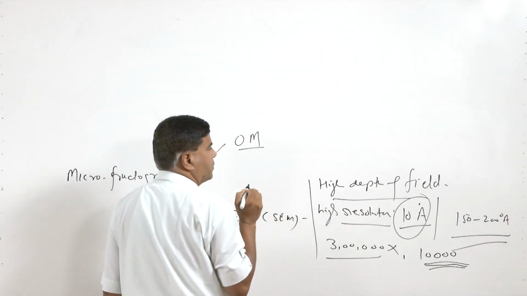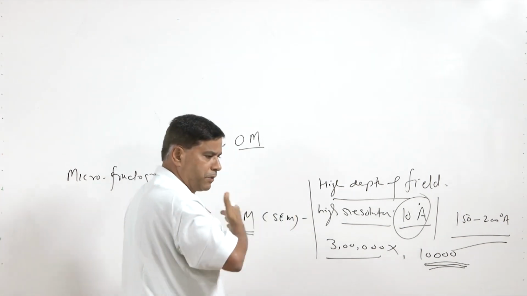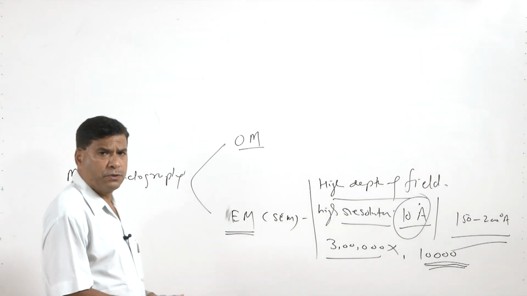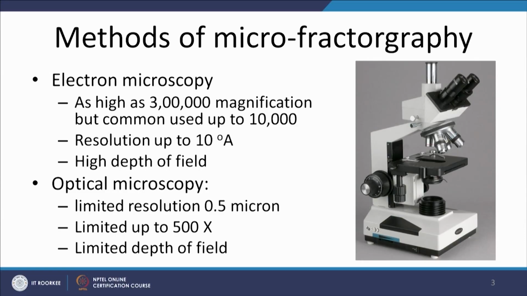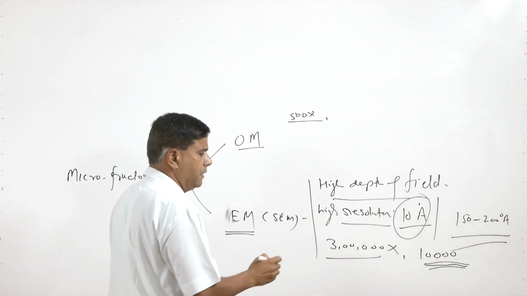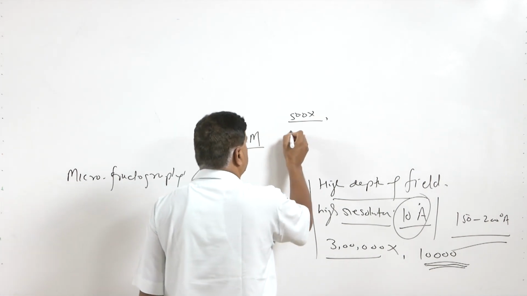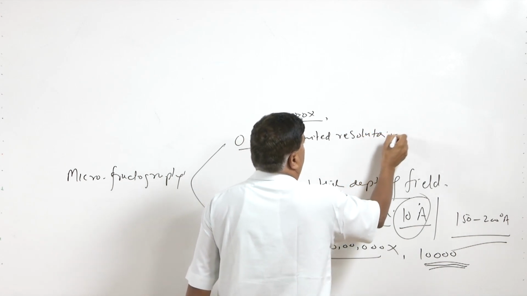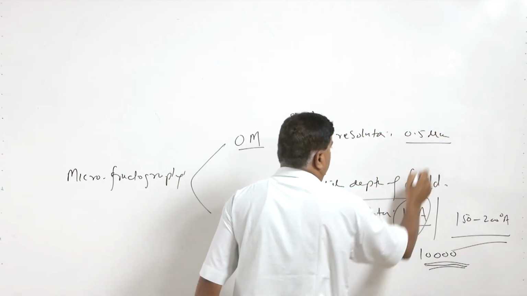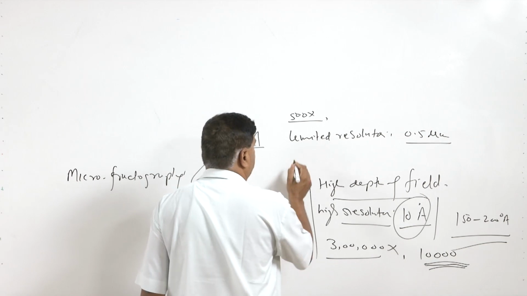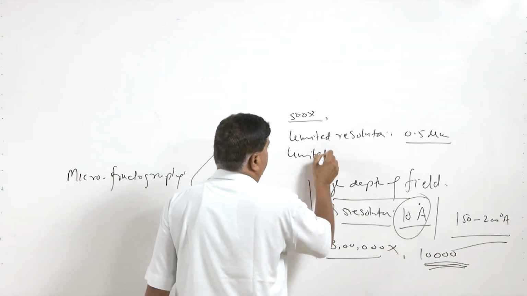Then optical microscopy, here this is normally limited, although we have microscopes of the higher range also, like 400 to 1600 magnification. But it is common that 500x is the maximum magnification which is used, and the resolution is also very limited. So, we can say a limited resolution of 0.5 micrometer is available with optical microscopy, but another problem is the limited depth of field,